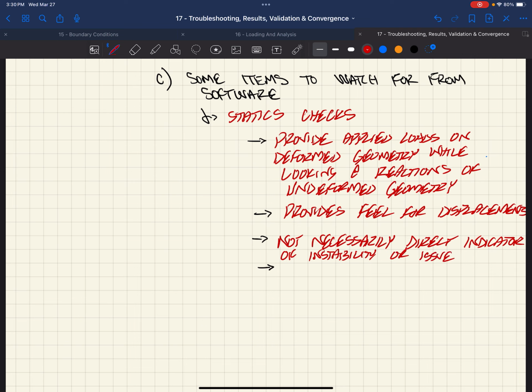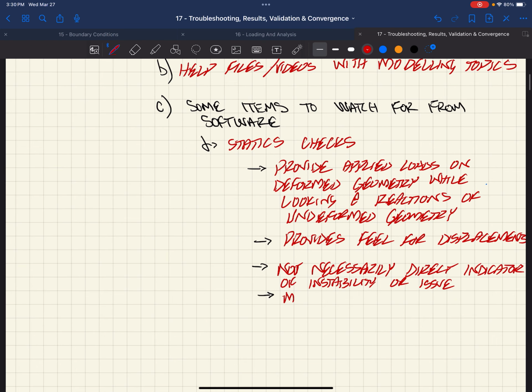This is probably one of them, I wouldn't say the most common, but it can sometimes be one of those times where we get a yellow cautionary warning in the analysis tab from VA. It says, hey, by the way, there's an imbalance in your statics, and they give it to you in a relative percentage. There's definitely been plenty of times where they have said that warning, but in reviewing the displacements and the behavior of my model, I still feel confident in what the results are, and I use those results. So it doesn't always end up as an indicator that there's a significant problem,